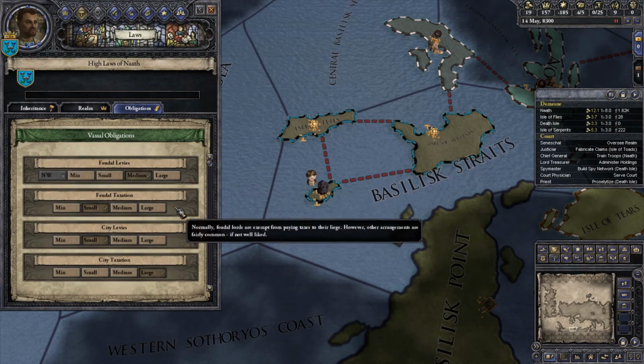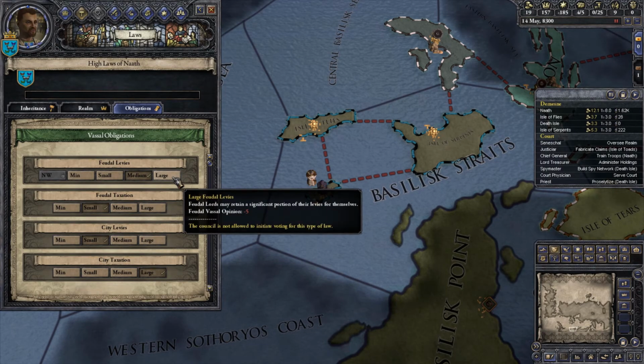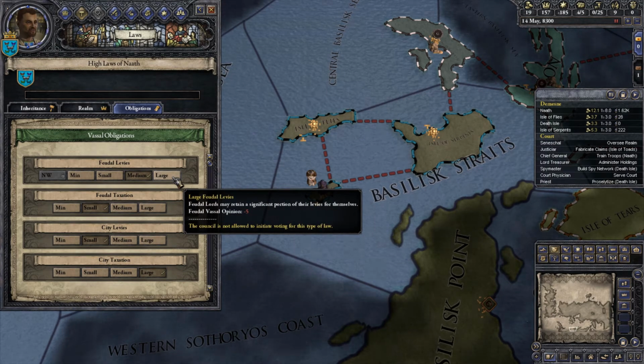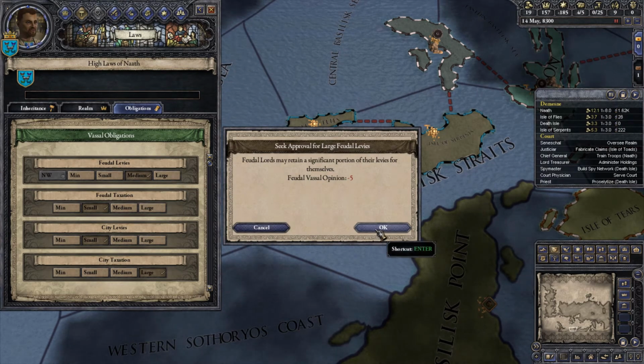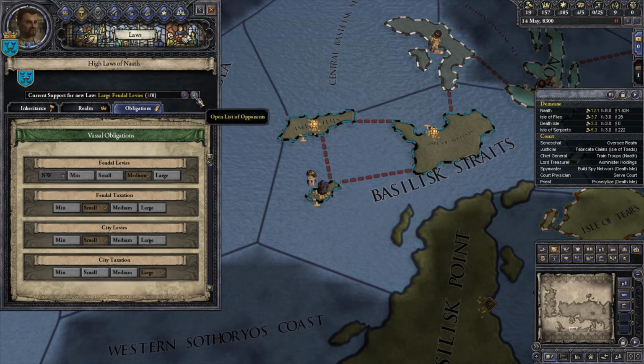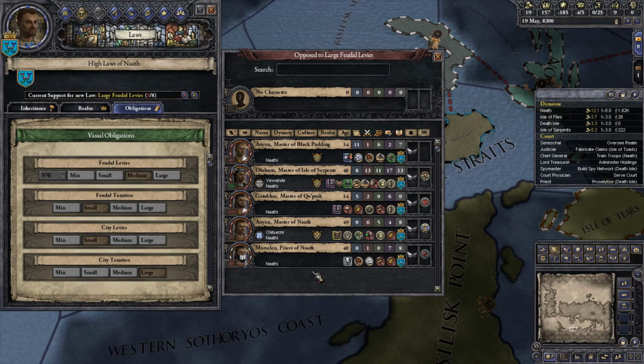You know what? It's been a while since we've changed our laws here. Let's change our feudal levies to large. And it's going to be, what, all of my vassals. So,